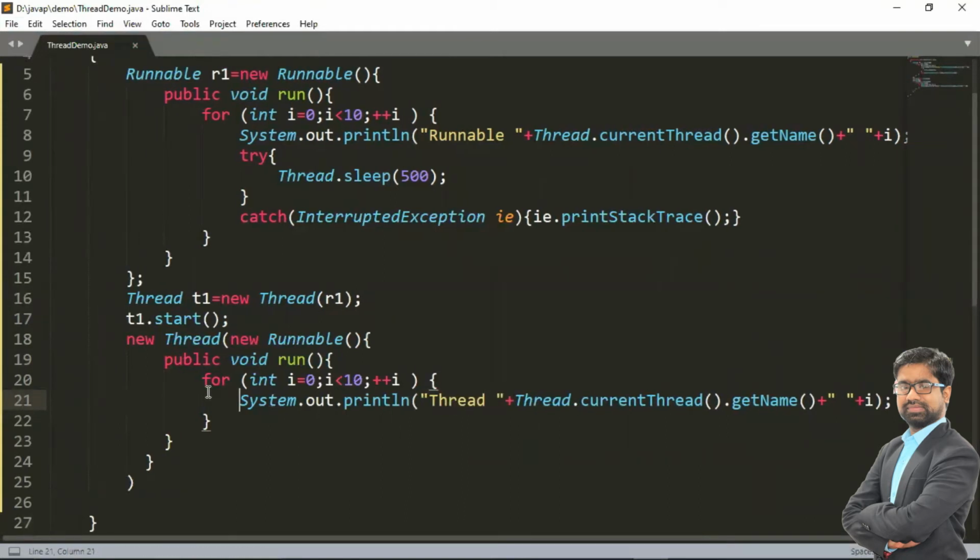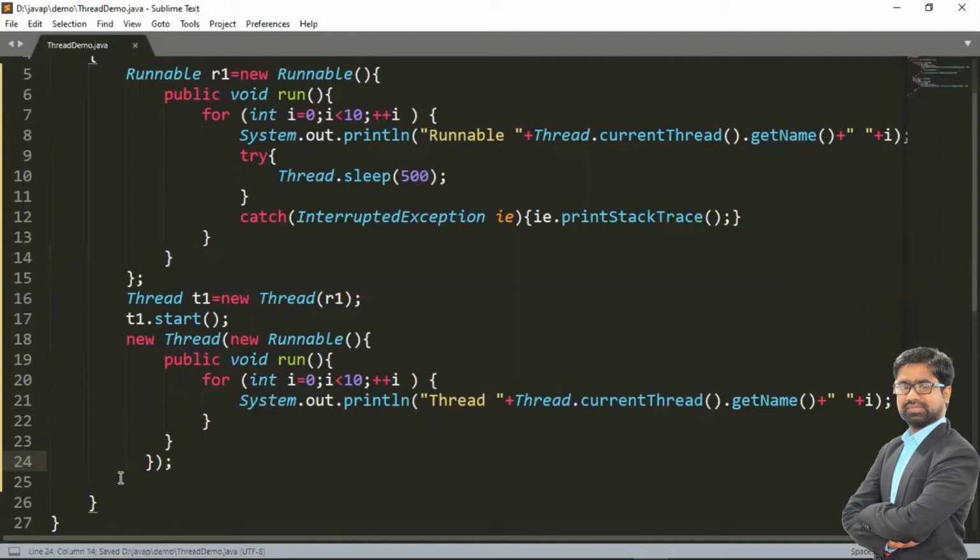So this is my anonymous inner class, and this is my runnable interface. We have created an anonymous inner class. So first we have to close this bracket, because this is our logic here. This is the logic for the run method. This run method closes here, then my for loop ends here, and this run method ends here, and the runnable interface logic is there, and now we have to close this one here. So this is my close. Yes, now it is completely closed.